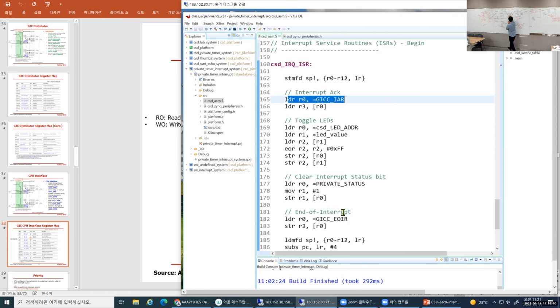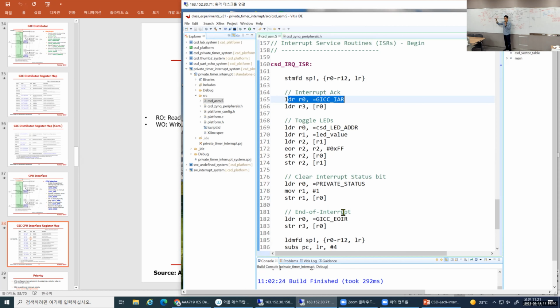This one is private to CPU 0, and CPU 1 also has its own private timer. So in the case of the private timer, you don't have to specify a target. The hardware already knows that. It is hardwired. That is why the private timer is called